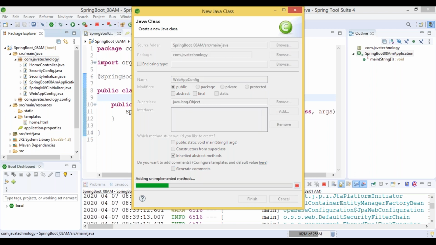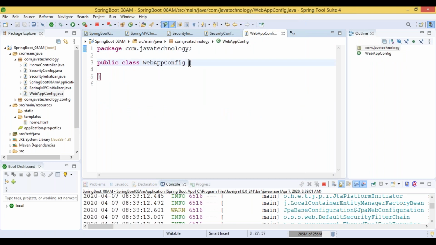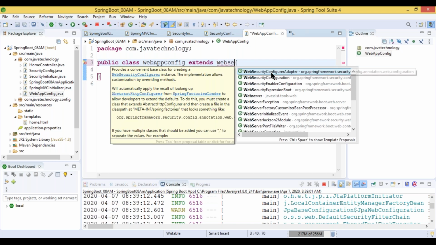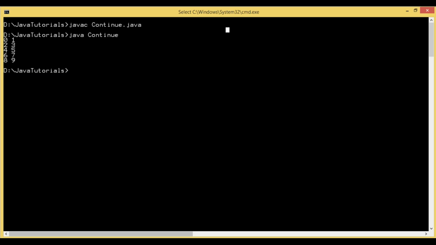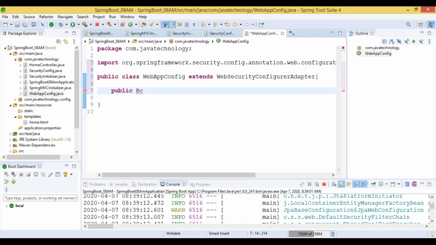And this also extends from the WebSecurityConfigurerAdapter. Now what I'm doing here, let's see the implementation of these three, because we have three implementations and we need to focus on them one by one.